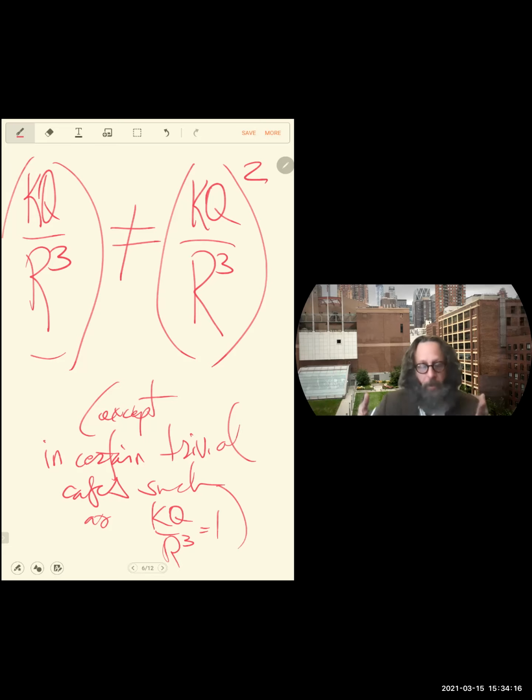It's real, but what we're also trying to get you to see in physics is that the way to see things in physics is to come to see them. We don't see everything all at once. So you don't have to know what K is. You don't have to know what Q is or what R cubed is to analyze this problem. You just have to believe that they are numbers, positive numbers.